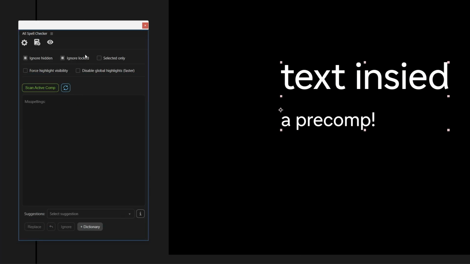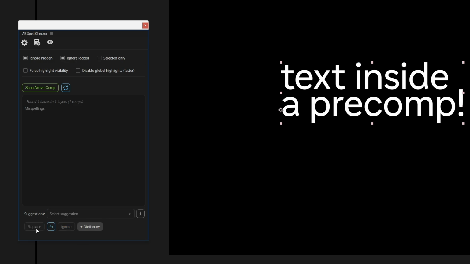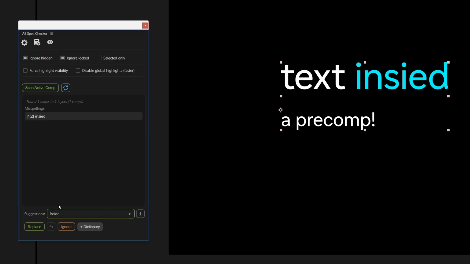The main limitation with this extension is more of an After Effects gotcha. You'll notice that this text layer has 2 different font sizes in it. So if you go to replace the word inside, it jumps to make the text layer all one text size. So that's the main reason for this undo button. If that happens, just click undo, and then what we recommend is to use the spelling inside the suggestions box as a guide and manually type in the fix.